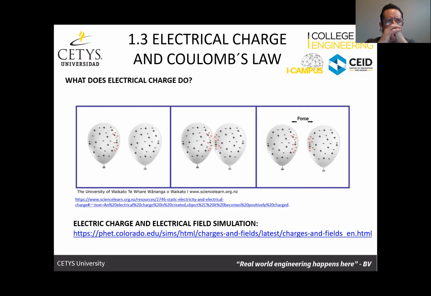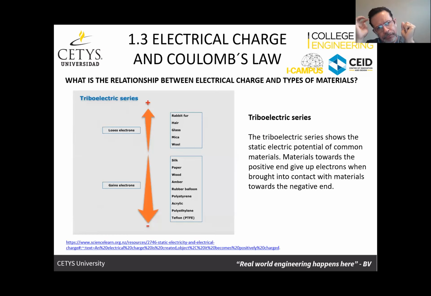So in the end, if I grab a balloon and rub it in my hair, there's going to be an interaction where my hair is going to lose electrons. The rubber balloon is going to gain electrons. And when that interacts with another surface, a wall, for example,